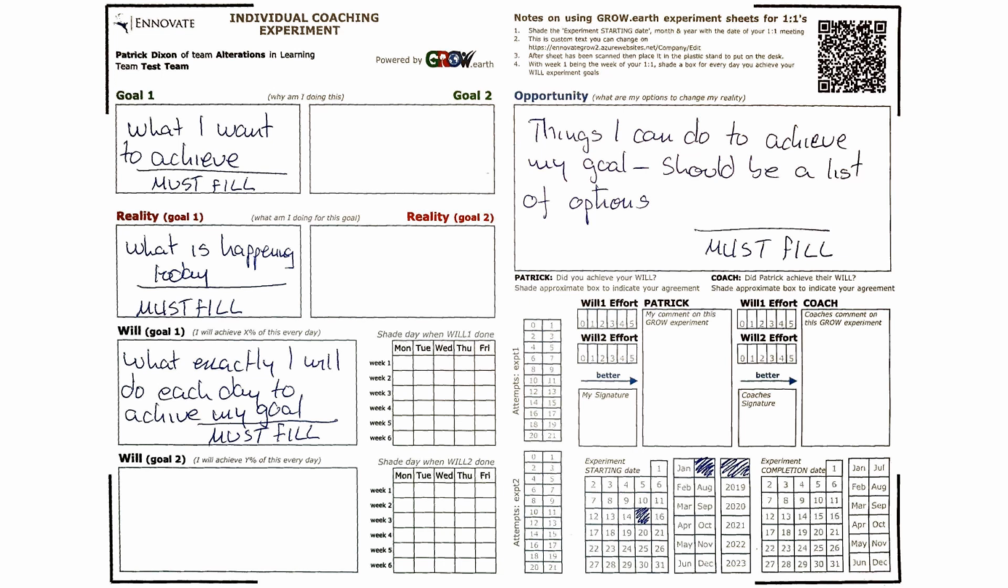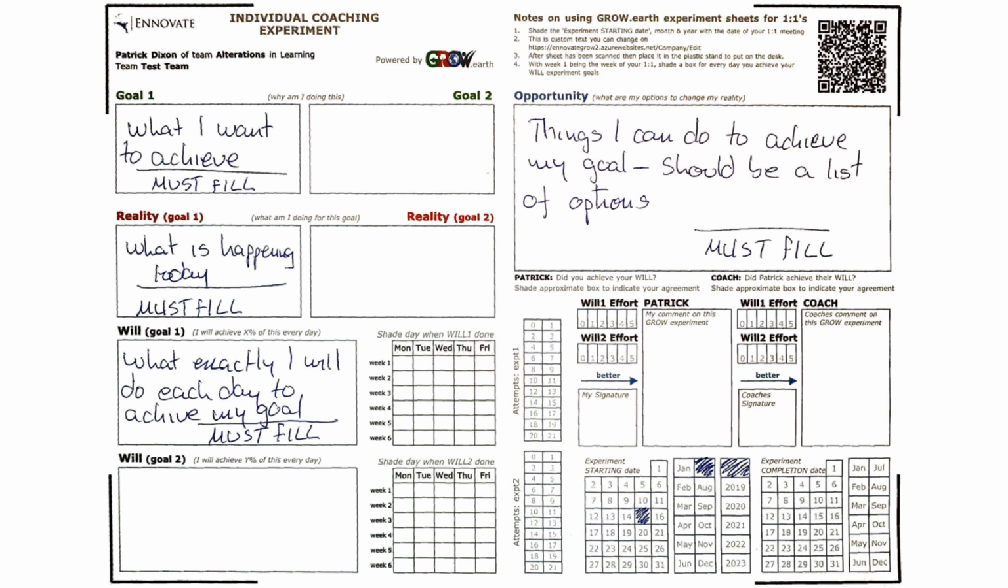The third thing then is the opportunity. So then they should list all the things that maybe Patrick could do in order to achieve his goal. He's not necessarily going to do all of these right away, but this is more of a speculative type box to think about the things that could be done. And then finally, they go down to the will box. And what they will do there is they'll fill in exactly what Patrick will do in order to achieve his